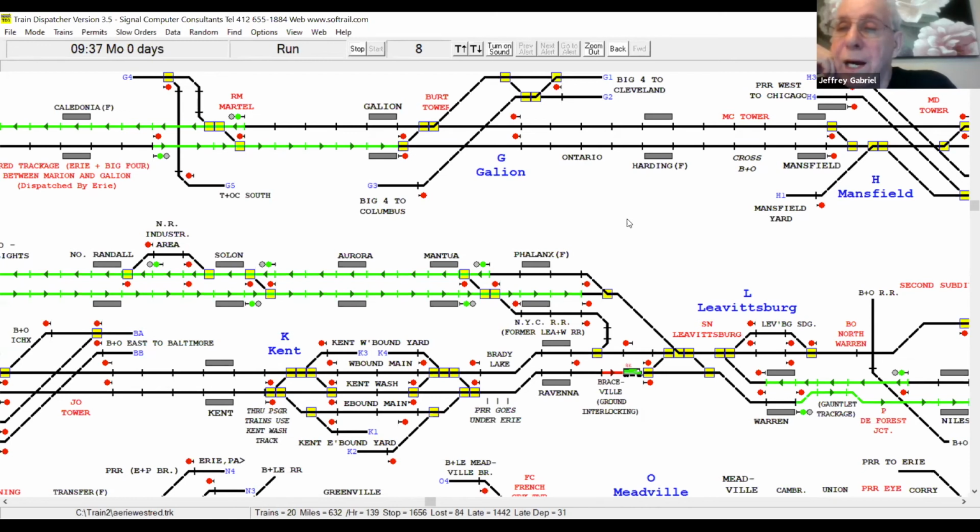Other than that, I've simplified by having a double track all the way, because I wanted to have the trains be able to run and not have lots of, obviously there were some places where there was a little more single track where you needed dispatcher intervention. But I let the main lines be double track so that the other divisions, like the Buffalo division, the Buffalo and Southwestern and Rochester for that matter, were single track.